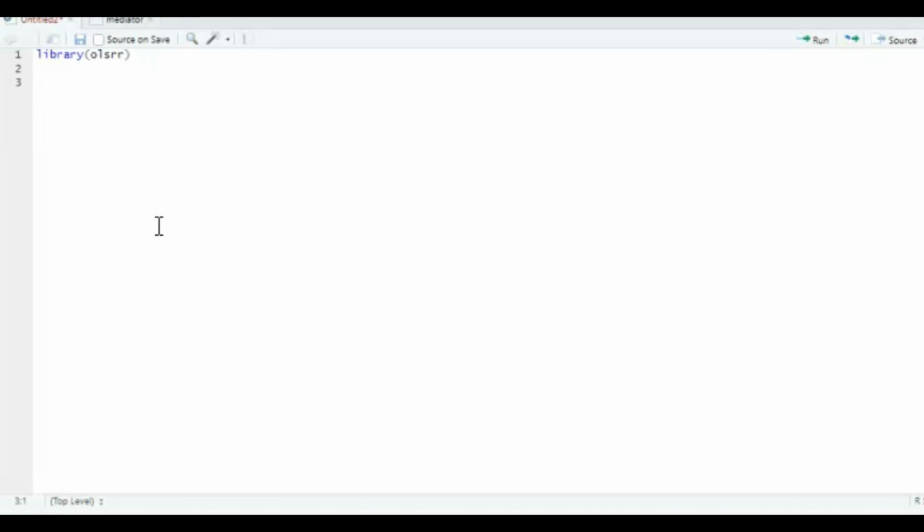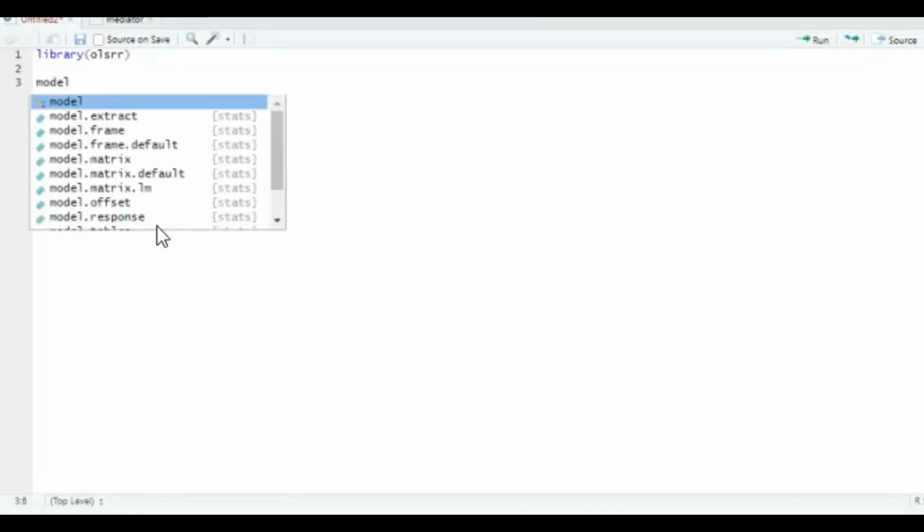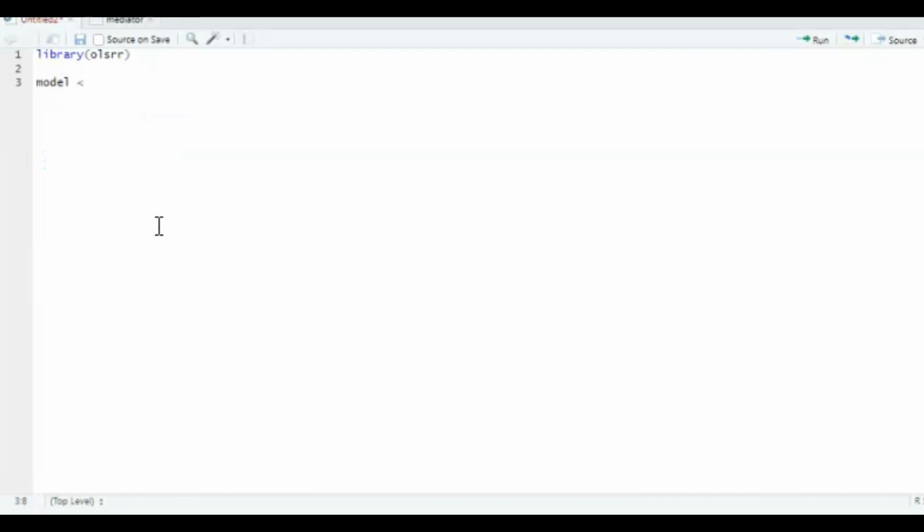Then we're going to create a new model, and this model will be called model, and it will consist of the linear model with as dependent variable income, then the tilde, and then the independent variables job plus salary, and then the comma,